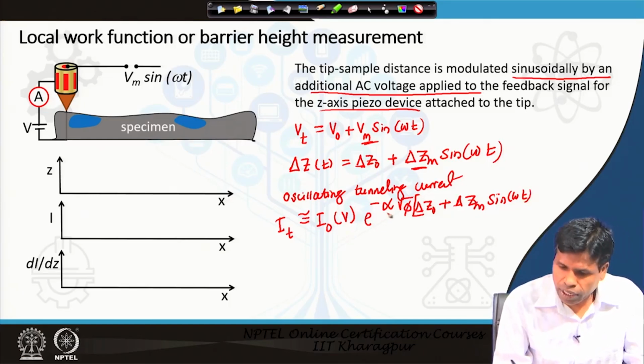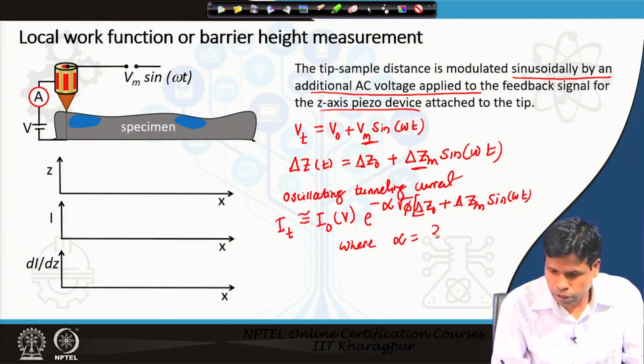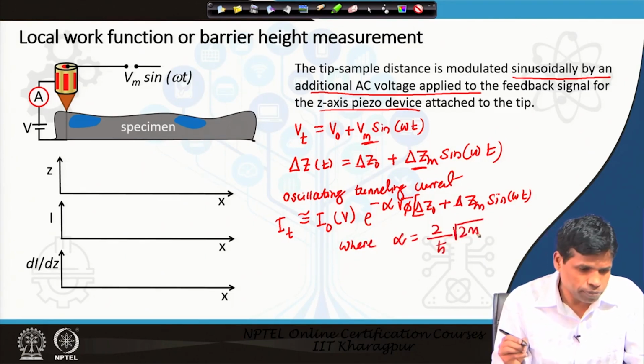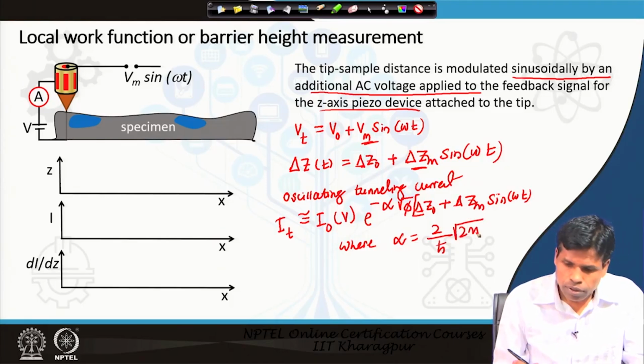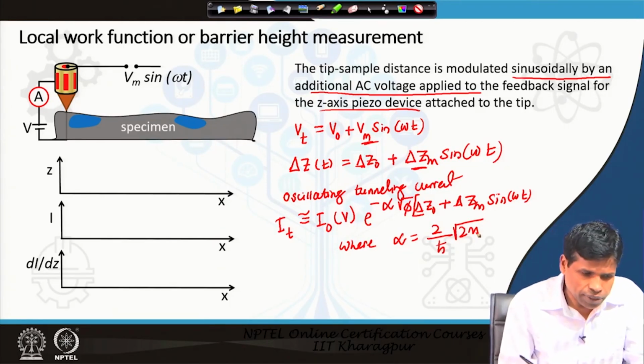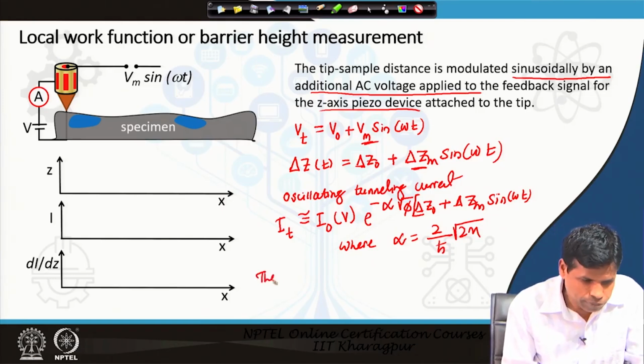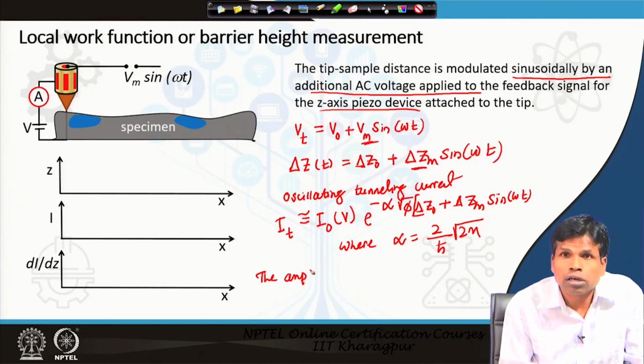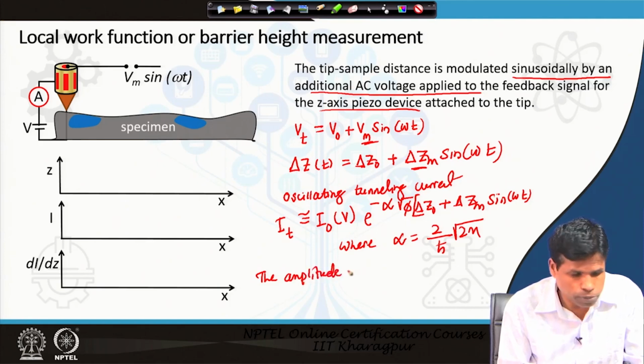This is one, and where this alpha is nothing but 2 over h cross root over 2m, which can be the amplitude of the tunneling current,